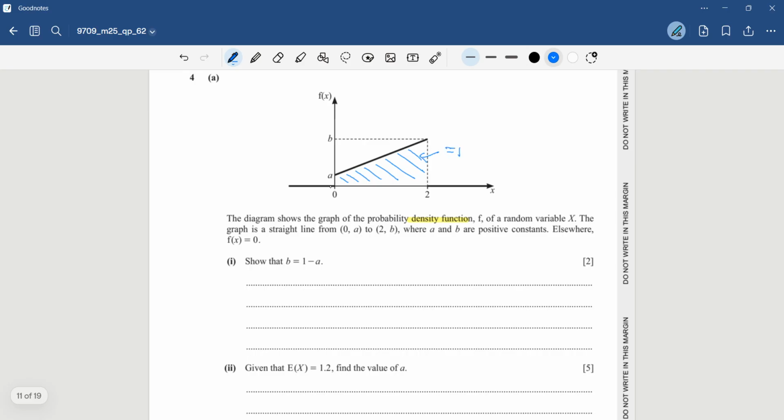Therefore, I use the trapezium formula: 1 over 2 times base, which is 2, multiply the height, a plus b, is equal to 1. So 2 and 2 cancel. Therefore, b equals 1 minus a. That's it. So you can use the total area under the graph to be that. Okay, and then